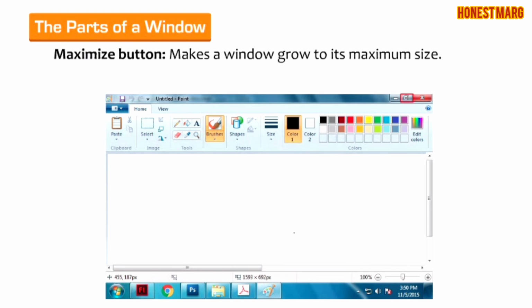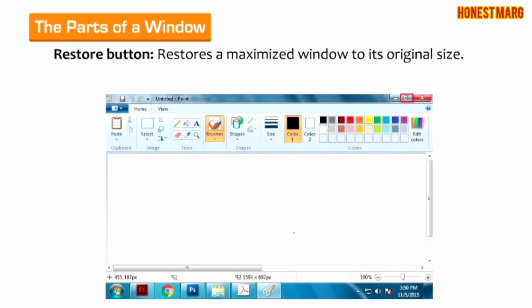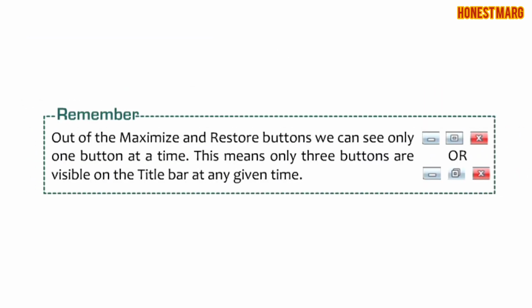Minimize button reduces a window to a small icon on the taskbar. Maximize button makes a window grow to its maximum size. Restore button restores a maximized window to its original size. Close button, it closes the window. Remember, out of the maximize and restore buttons, we can see only one button at a time. This means only 3